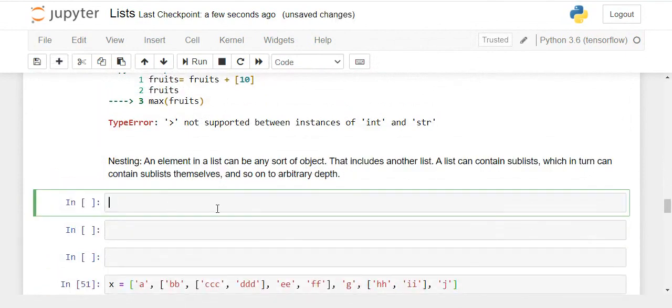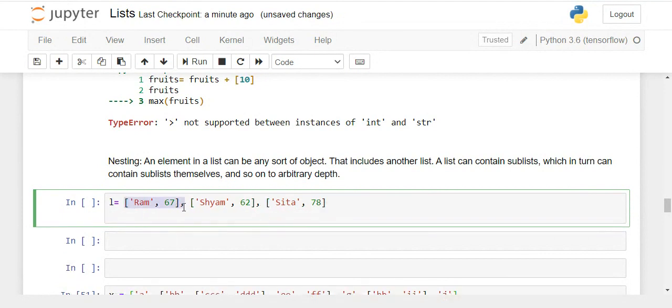In order to understand what nesting means, let's take an example. Let's say we have to store the marks of students obtained in Python along with their names. So now I need a list of the name of a student along with his marks in Python. Similarly, one more student, let's say Sham, and the marks in Python, let's say 62.